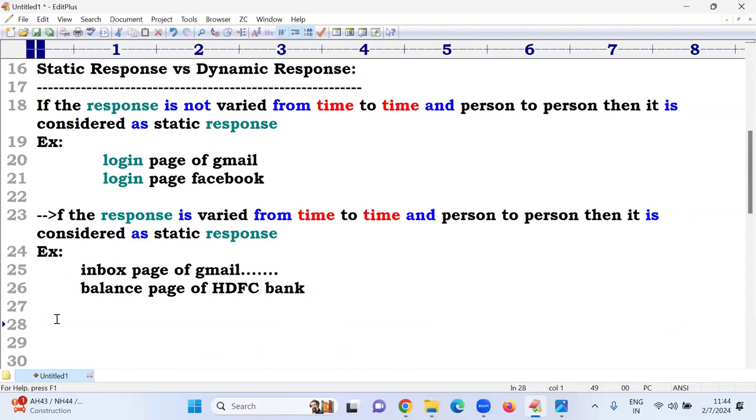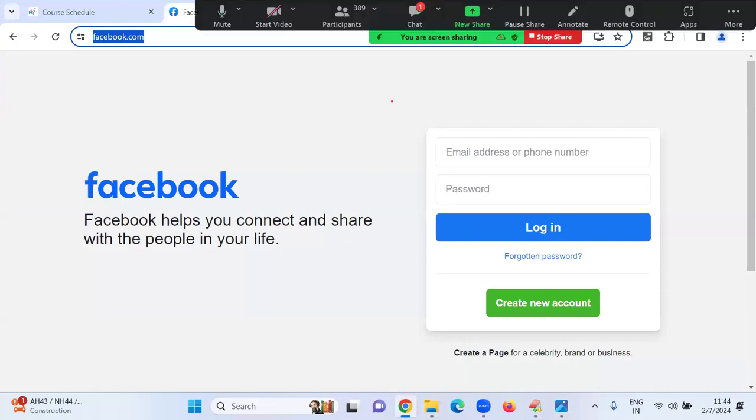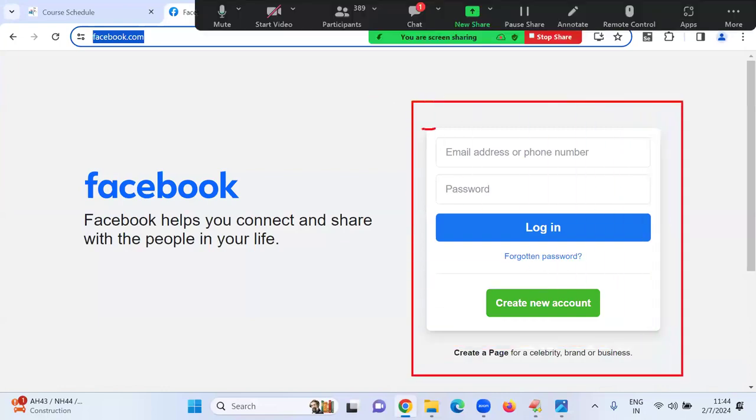Next is the back end. Just like in movies, different people work at the back end, and they use what is built. Same in this application. This is the front end: I implemented HTML, I implemented CSS colors, and I implemented login functionality using JavaScript. Everything is completed there. Whenever we click on the login button, internally there is a database.